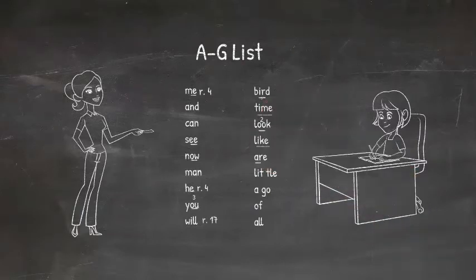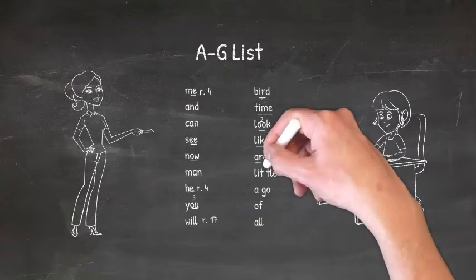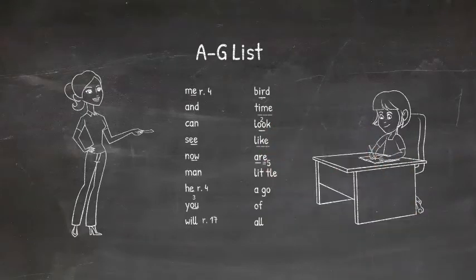The next word is are. We underline the AR. It's a multi-letter phonogram. It makes one sound. This is an R-controlled syllable. The E doesn't have a job there. So we double underline the E because it's really weird for a letter to say nothing, and we write 5.